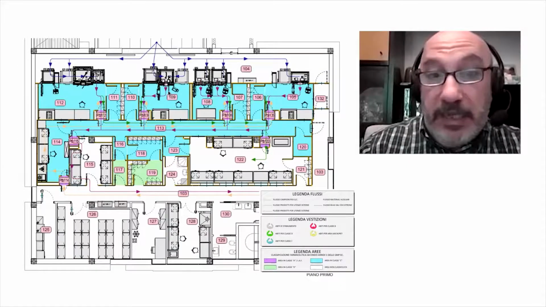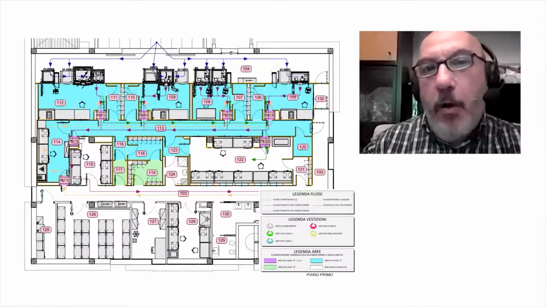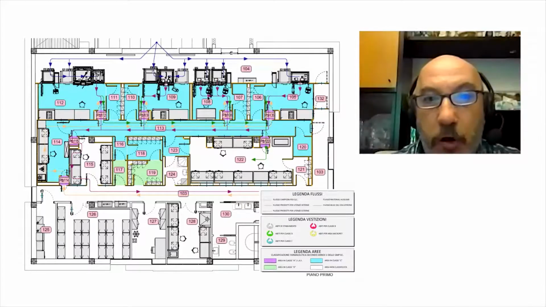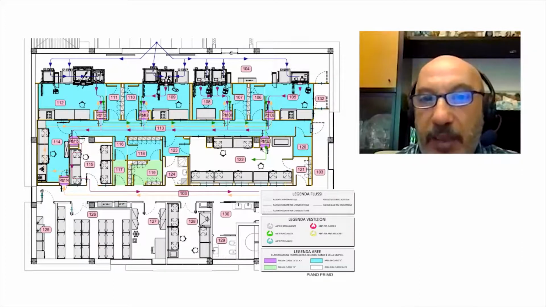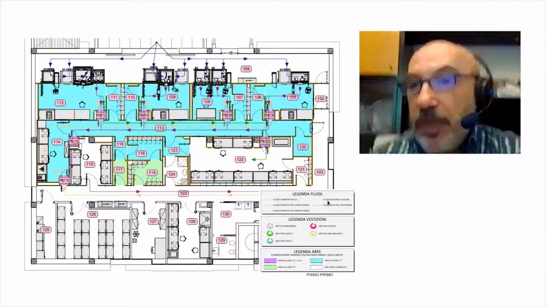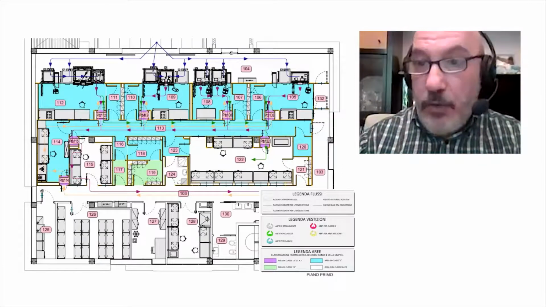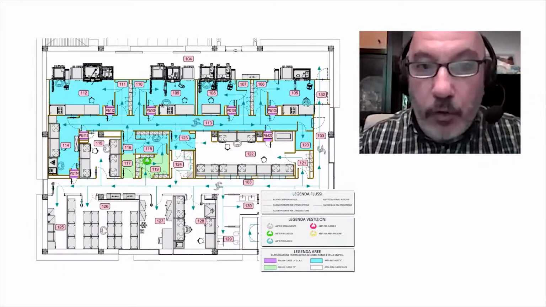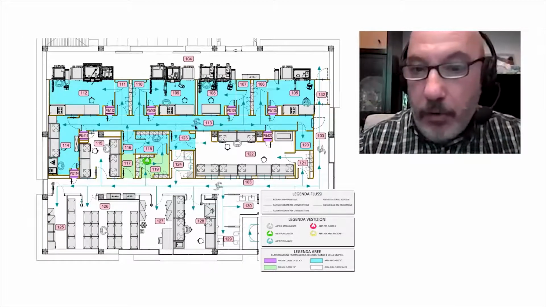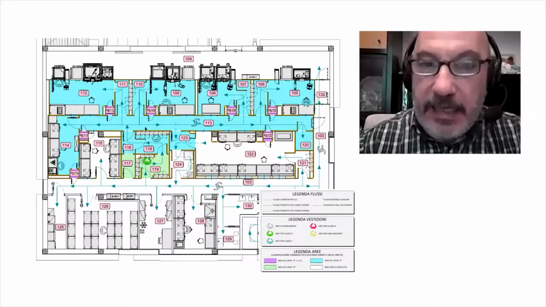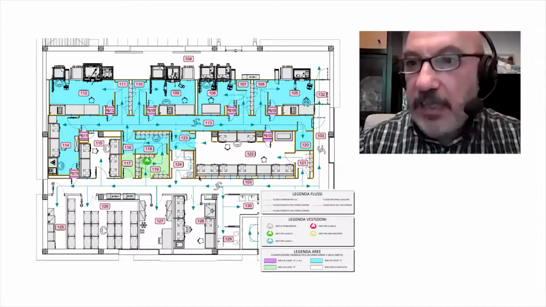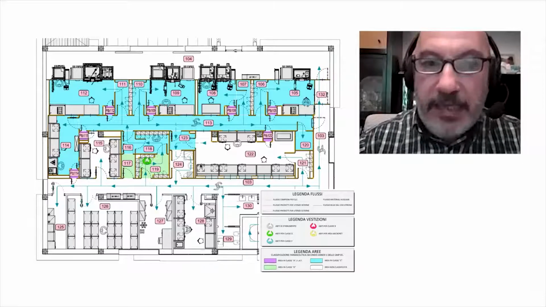For example, this is another map of a big radiopharmacy, which allows us to draw in colors the different areas with different types of classification, including radiation classification, but also pharmaceutical classification, and also to draw, with a color code, the different types of clothes that are requested in different areas in order to get proper and safe operation.